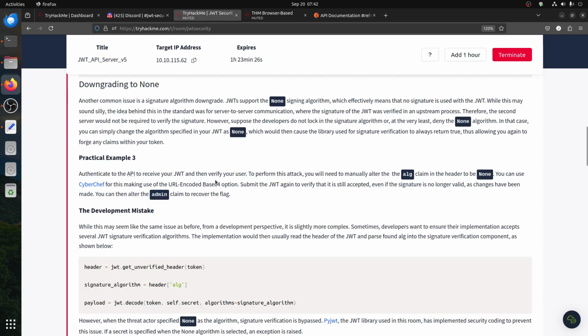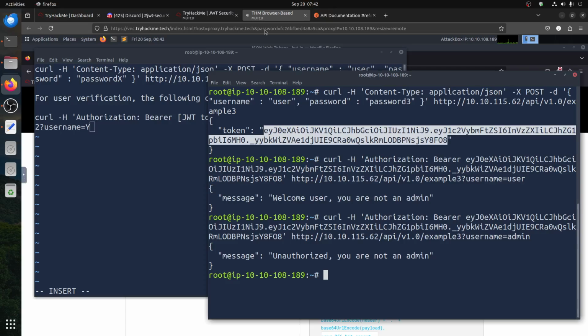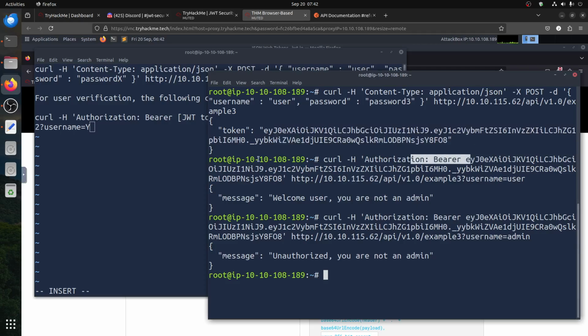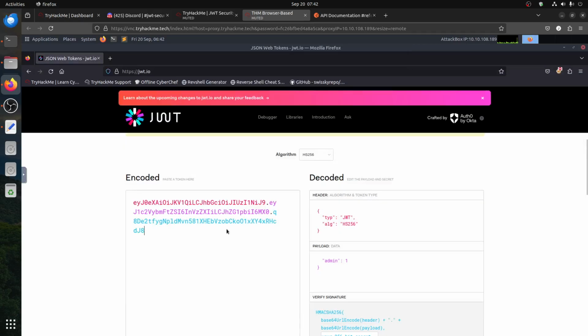To perform this attack, you will need to manually alter the algorithm claim in the header to be none. You can use CyberChef for this. Submit again, and it's accepted, even though the signature is no longer valid, as changes have been made. You can then alter the admin. So we don't care about the signature, we care about the algorithm. Remember this part here, the first one is where we are now. If we take the header only, the one that has the algorithm, I can just take this one